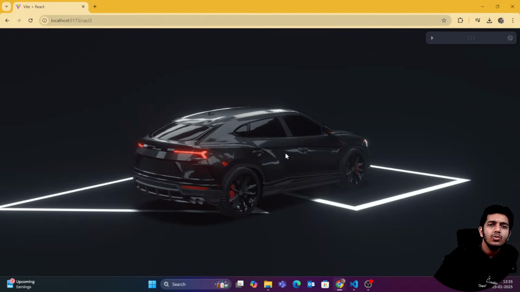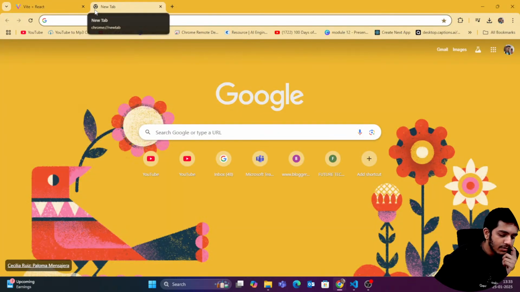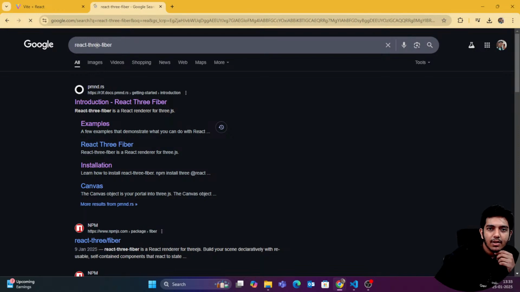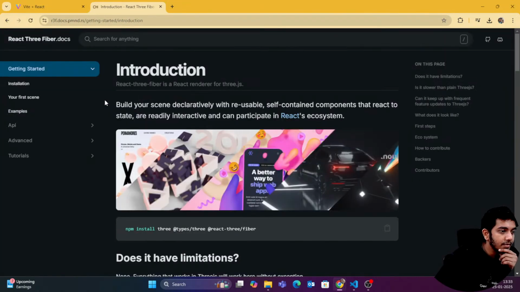But right now I have used a package directly and I'll show you how you can use it directly. Nothing to worry about. Let me go to my browser and search for React Three Fiber. Here you can see React Three Fiber, and this is the first website. You can just go to the first website, and basically in this website,